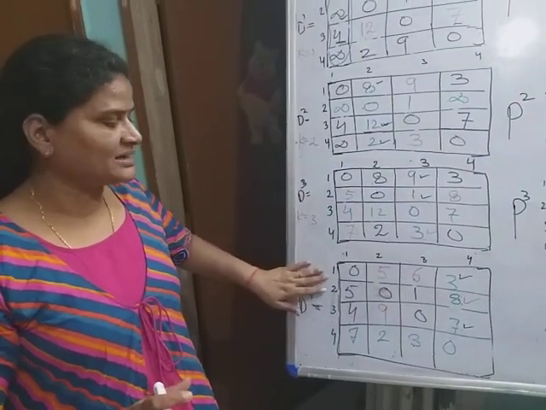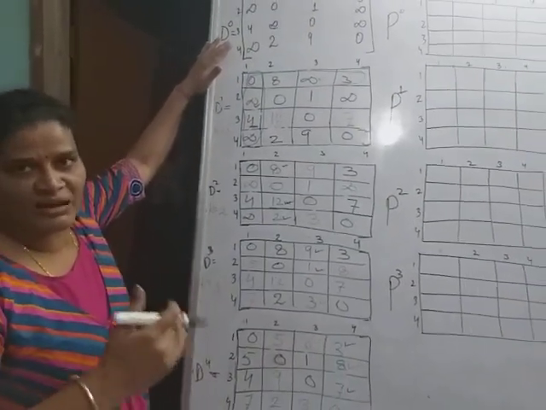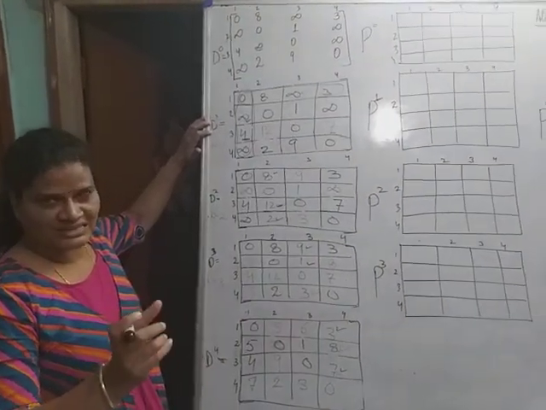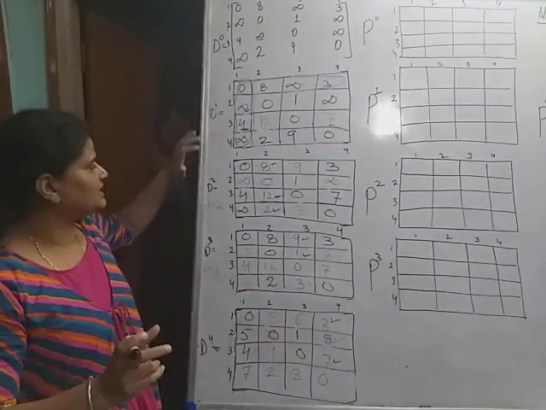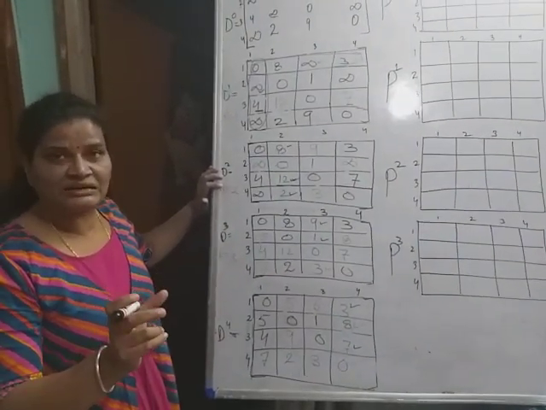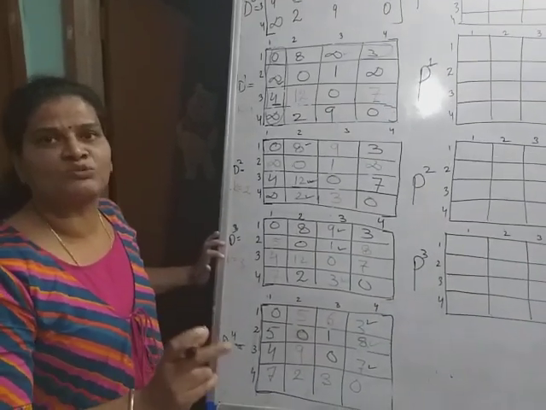Simply, this matrix is generated from the cost adjacency matrix gradually, one by one, by considering one intermediate vertex in the path from i to j, for every i and j. For d2, we consider the 2 intermediate vertices 1, 2. For generating d3, we consider the 3 intermediate vertices 1, 2, 3.